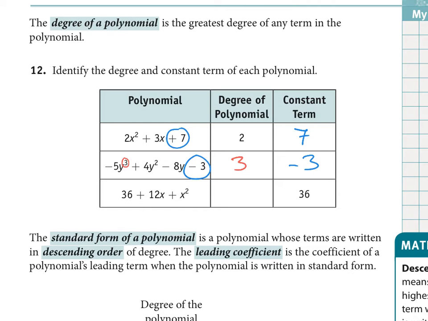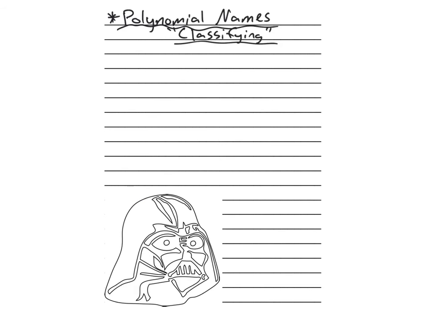All right, last example there. What would be the degree? 2. Even though it's way over here, out of standard form order, it still is a second degree polynomial. And the constant term is still 36, even though it's first. Okay? All right, so just like